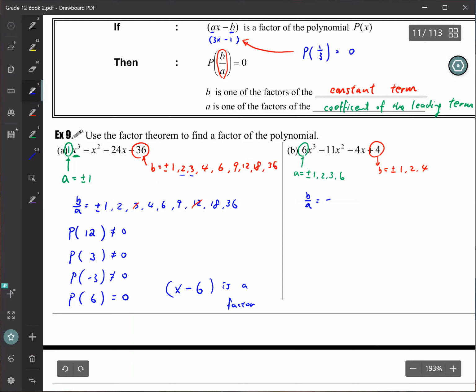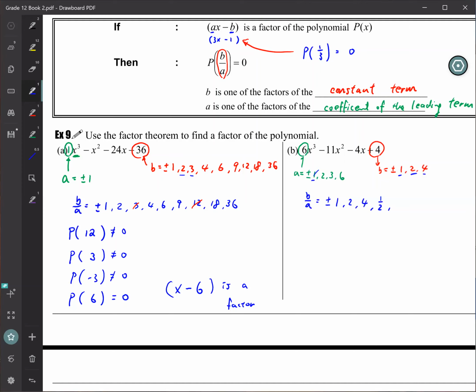So you do combination, okay? You start from B, the first B, divide by the first A, right? And then second B over the first one, okay, 1 by 1. So for example, 1 over 1, and then 2 over 1, and then 4 over 1, okay? Now we go to the second value for A, which is 2. So B over 2, so 1 over 2,